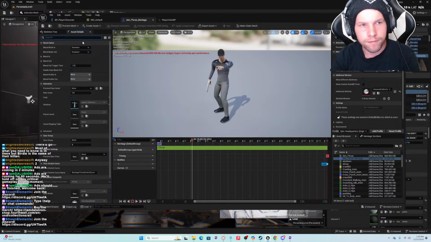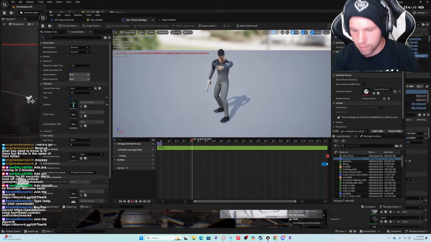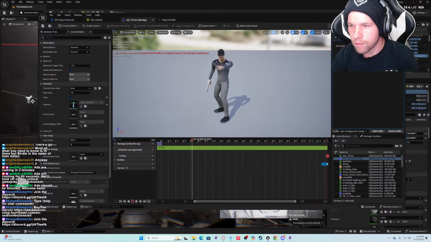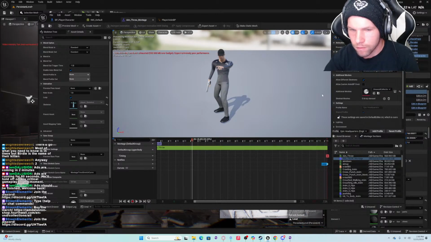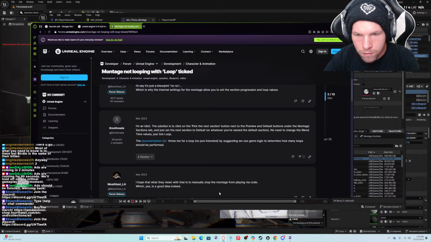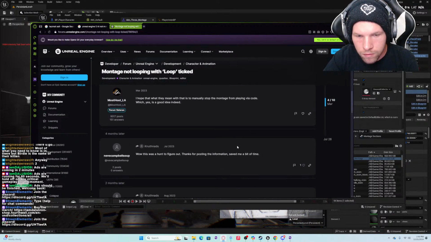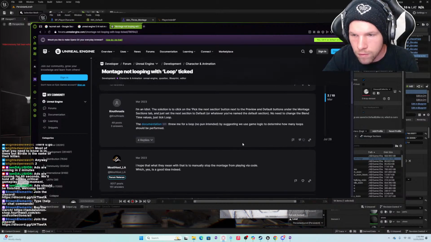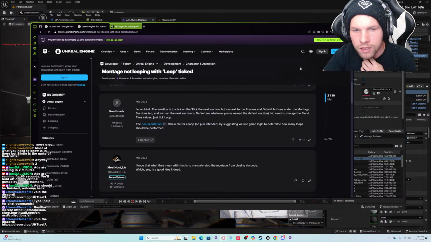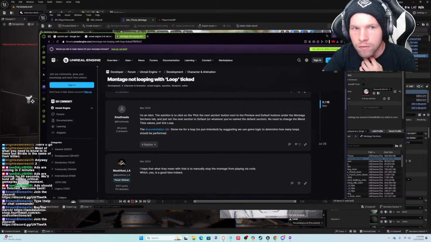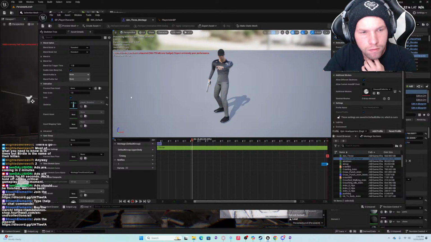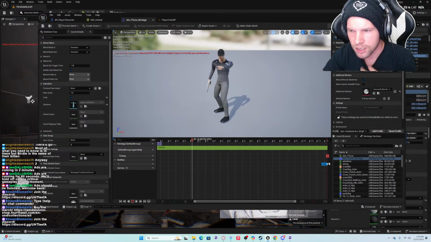No. Let's do the preview and default buttons under the montage sections tab. Where the hell is the montage section tab?